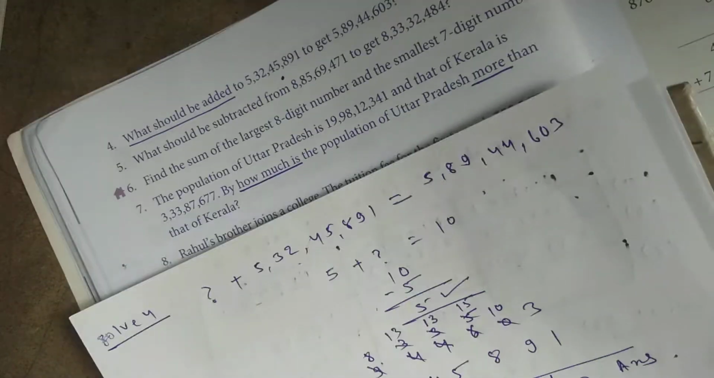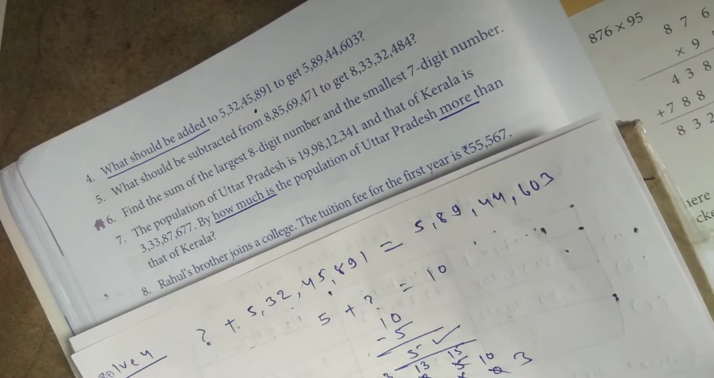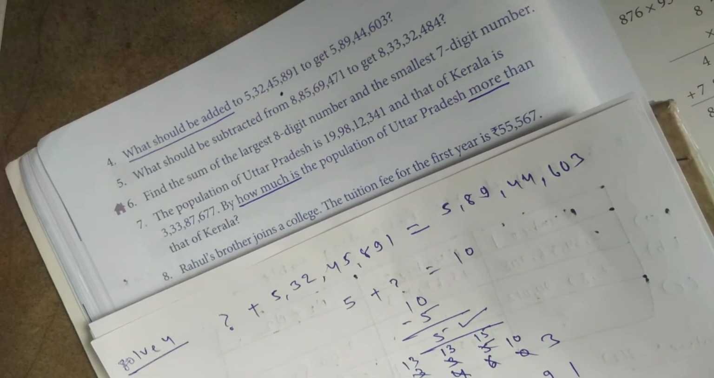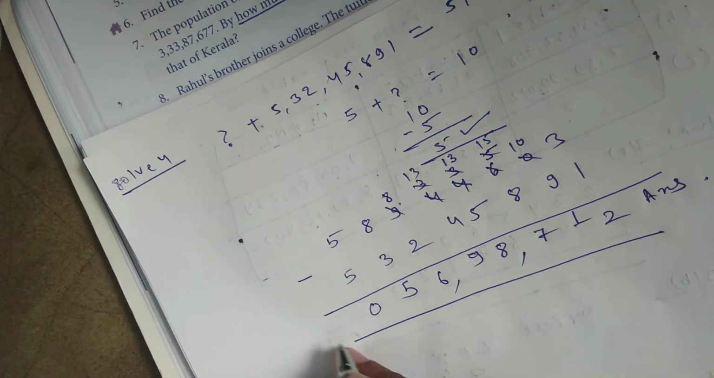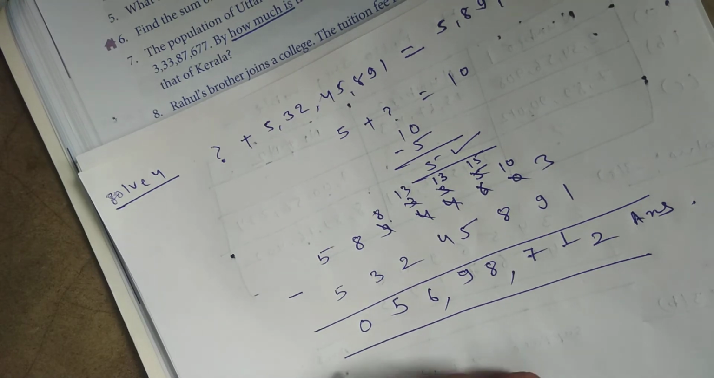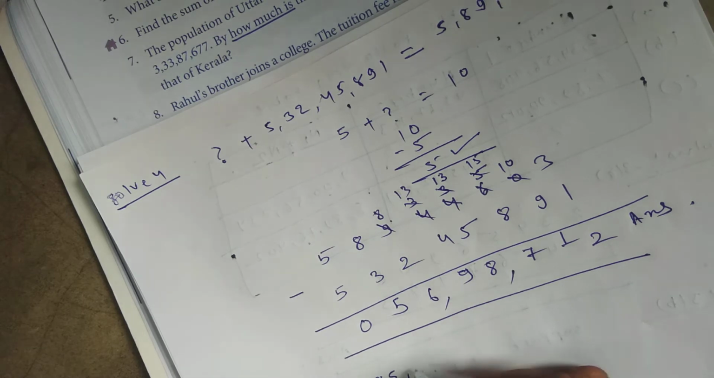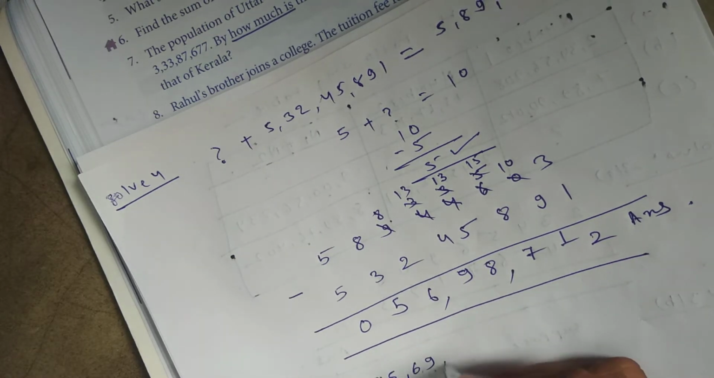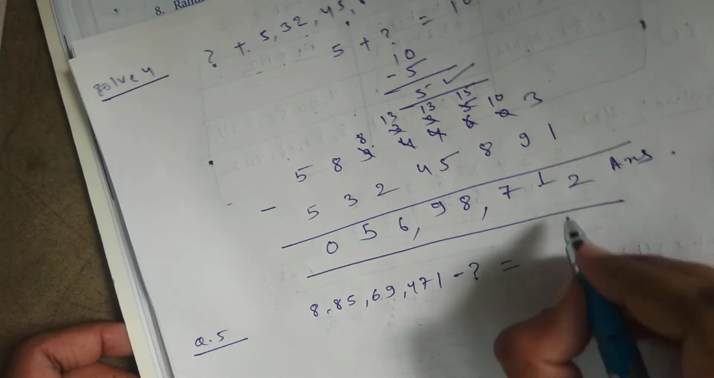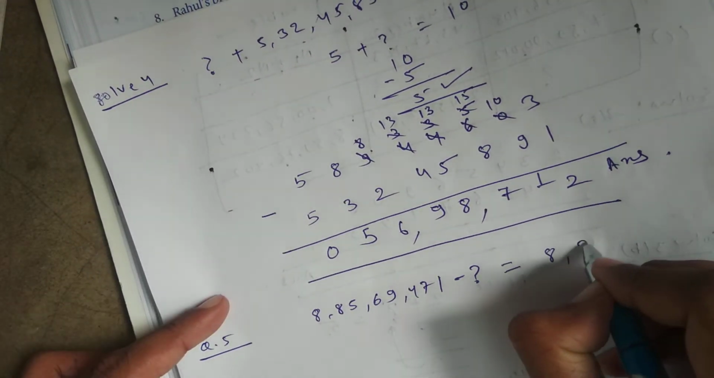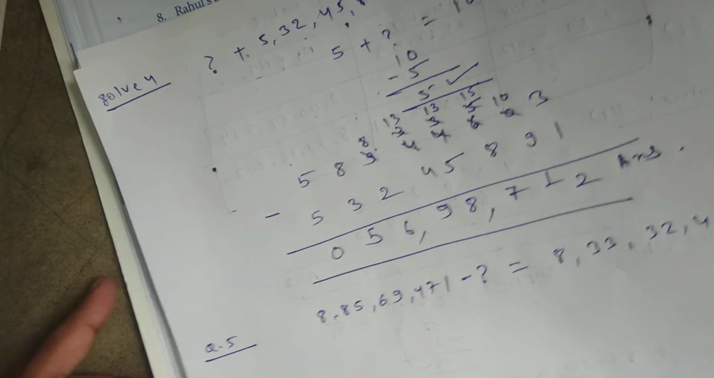Now let's read the fifth question. The fifth question says, what should be subtracted from this number to get this small number? Okay, question 5 says, what should be subtracted, means 69,471, means what should be subtracted from this big number so we could get 83332,484. Okay,